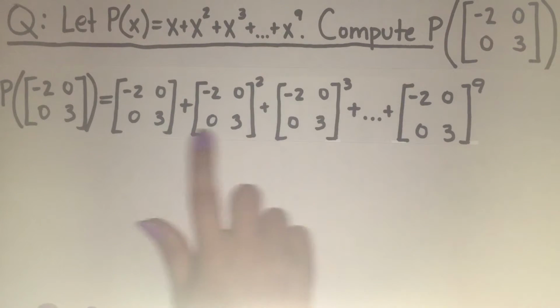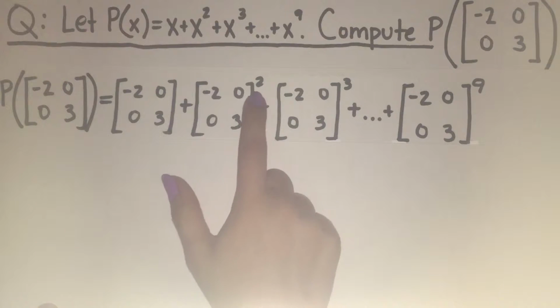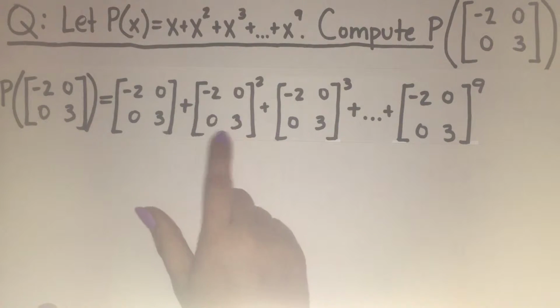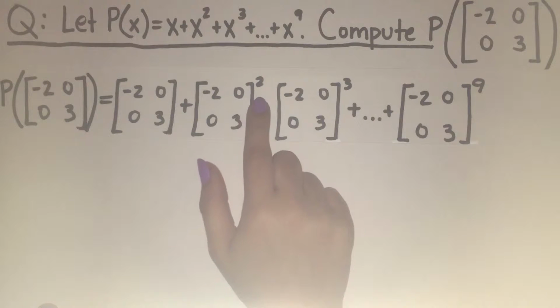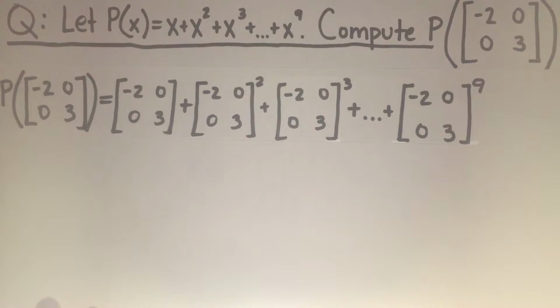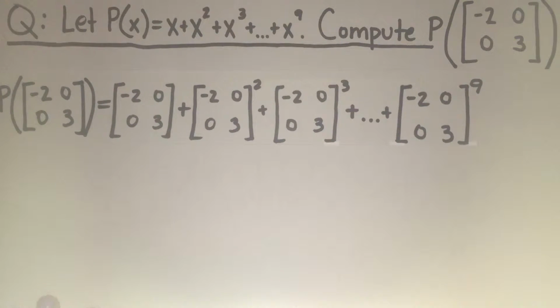Now, when a matrix is raised to an exponent, that means that all of its entries will be raised to the same exponent, each one individually. Therefore, this will then equal